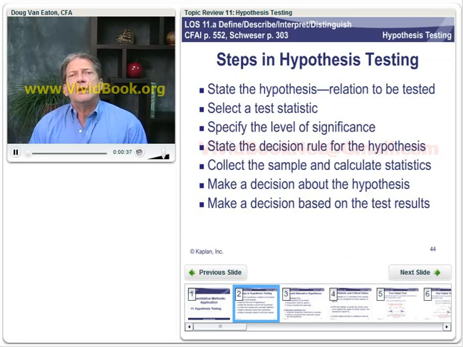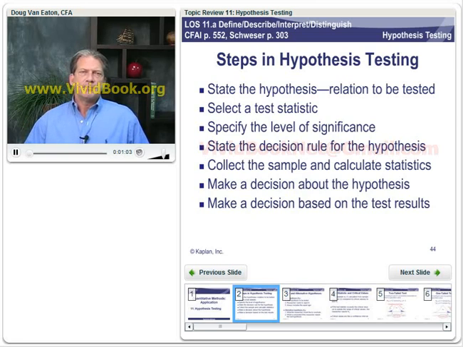Once we've done that, we collect the sample data, we calculate the statistics, and then we make our decision based on our decision rule and the results of our calculations from the sample. And then we make a decision based on the test results. So a decision about the hypothesis, and then maybe a decision about investment or economic action based on the test